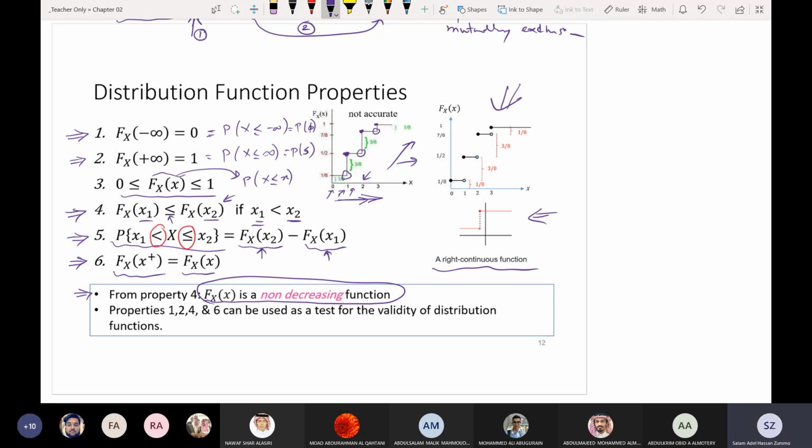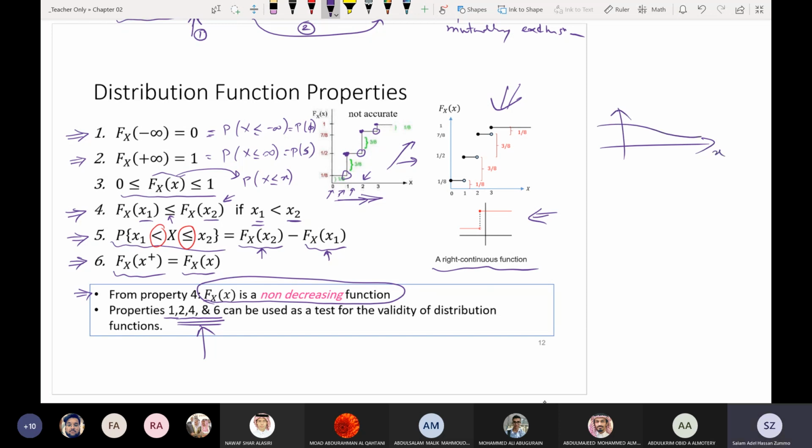Now if I give you a function of x and I ask you whether this is a valid distribution function or not, you need to use properties 1, 2, 4 and 6 to check. First thing to check: does the function have a zero value at minus infinity or not? Does the function have a value equal to 1 at infinity or not? Is it a non-decreasing function or not? A function like this,